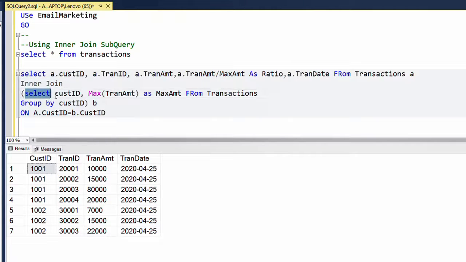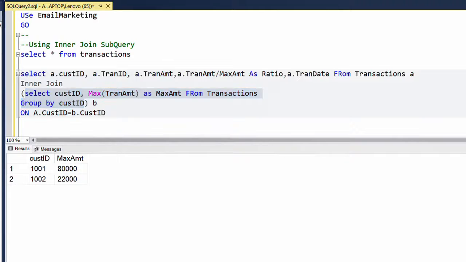If we execute this statement, we have this data: for 1001 maximum amount 80,000, for 1002 maximum amount 22,000. So the subquery is returning a table with the maximum amount for all the clients, because we are using the group by customer ID. Then we are joining the table on the same column, customer ID, because now we have two copies of the transaction table with the aliases A and B. So if I execute this whole query,